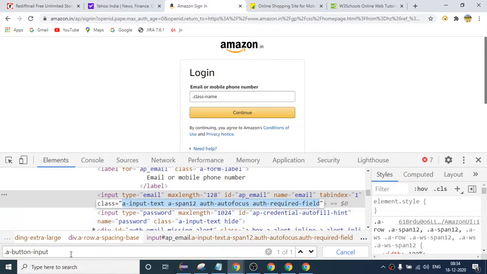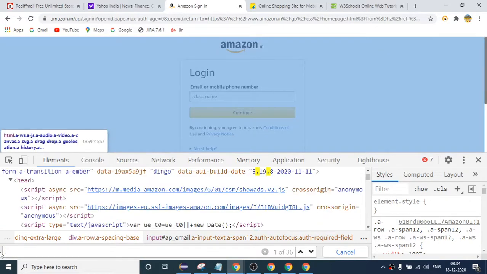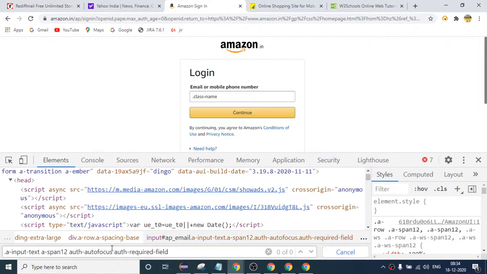So if I say dot class name, this time it is not giving me any unique element, because if you clearly see, there is one space here, and three spaces are present.